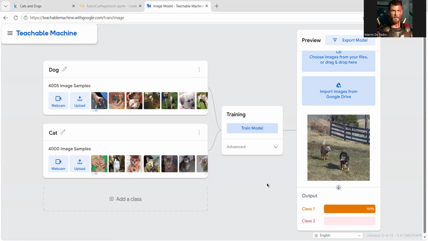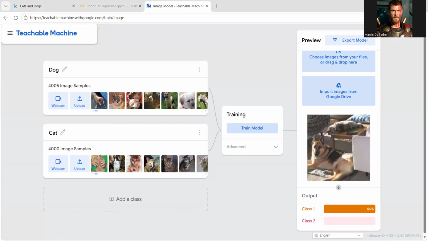I think it depends on the internet connection. There are times that the model can immediately predict. There are times that it takes a few seconds or a fraction of a second before it can make the prediction. So now, even though we have two animals in the picture, the system was still able to predict that we are showing an image of a dog. Okay, another one. Still a dog.